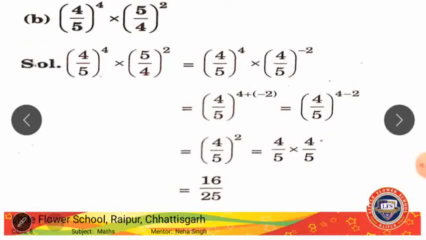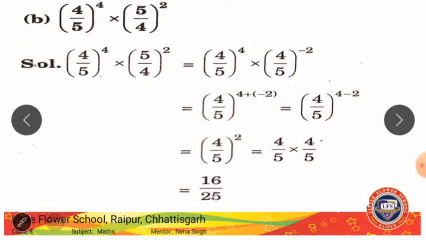B part. In every simplify question, we are going to do the same thing. We'll simplify the brackets and the power, right? And then we can arrive at the answer. So here the question is (4/5)^4 into (5/4)^2. Now there are two methods to solve this question. One method is given here, and the second method I'll be explaining. I'll be explaining both the methods. Whichever method is easy for you, whichever method is more understandable for you, you can solve with that method. So first let us see with the method given.